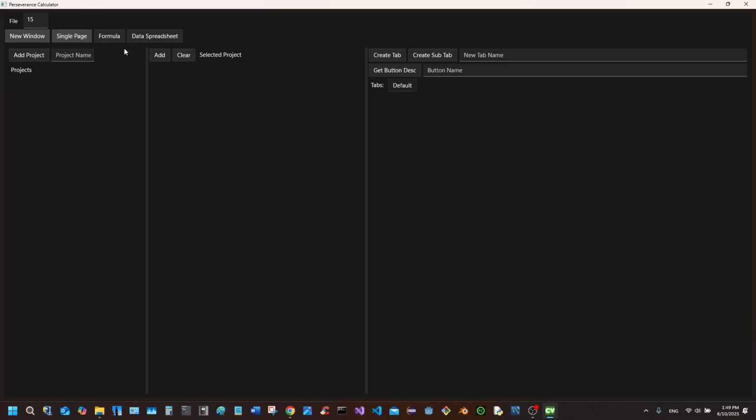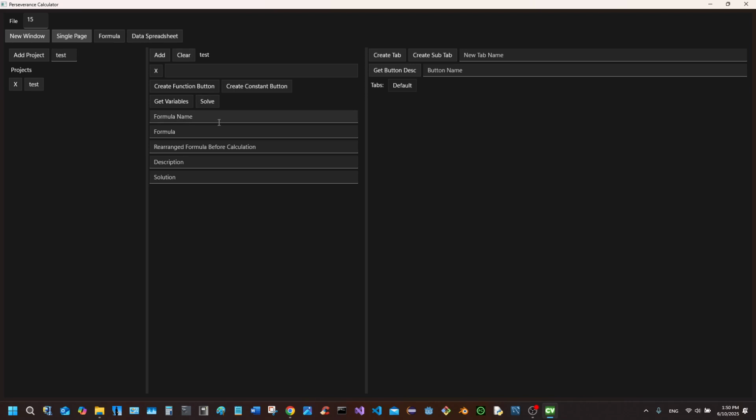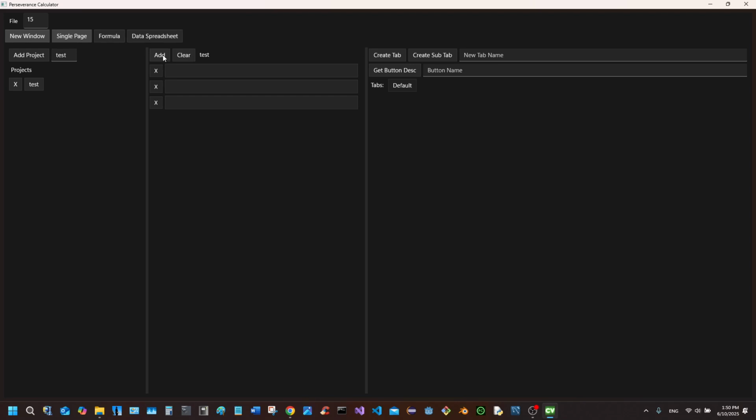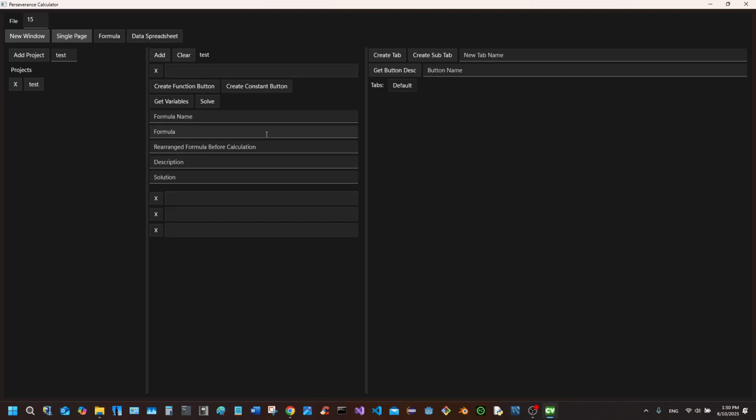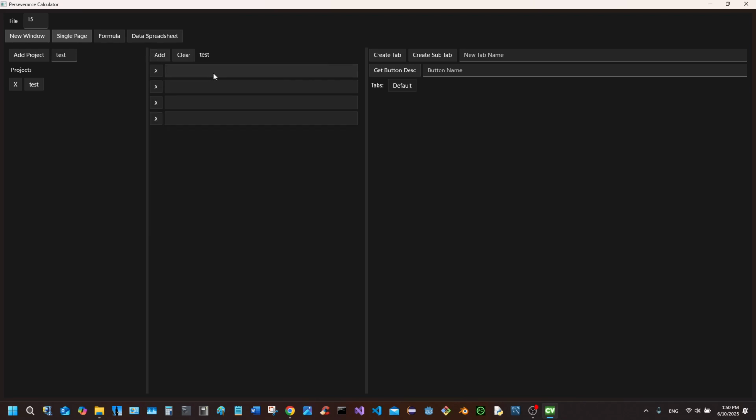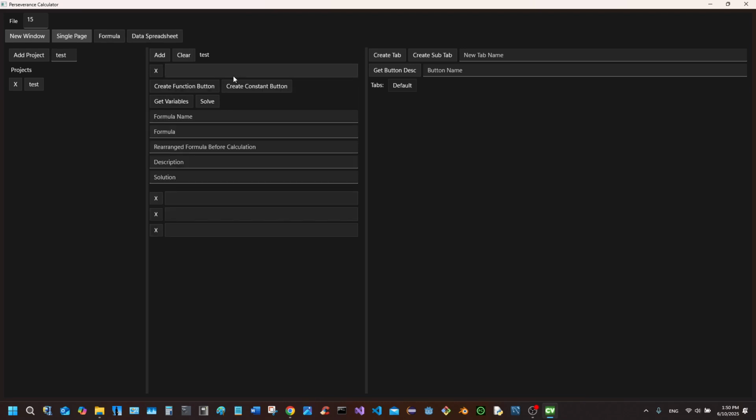In order to save the formula, you have to create a test project. Click add and then click on it. And that's the only way for you to save the formula. Now, once you've added a formula section, you can click on the button here, or any of the buttons you've added, and then it will show you the